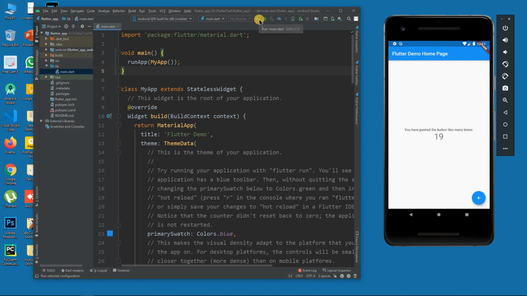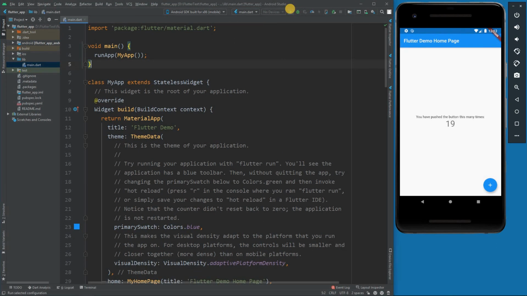Now this is the run button. Here you can see it says run main.dart, so it will run the app on the device, and we have already seen that. And these options like the Flutter Inspector and Flutter Outline, I will show in coming lessons whenever we need them. When we start coding in the next lesson or next module, we can see these things with much more clarity.